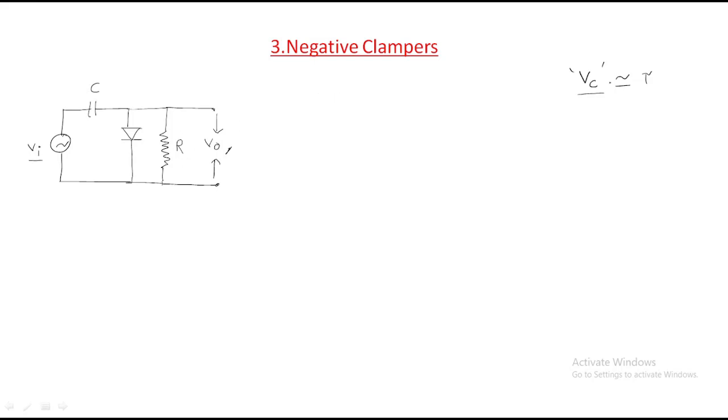Here, every time discussing how a capacitor stores energy is very difficult. That's why we will consider two cases. First case is when the diode is on. Diode is on means the capacitor gets charged. This is the first case. Second case is the diode is off, then the capacitor can discharge. Right? How it happens we already discussed.